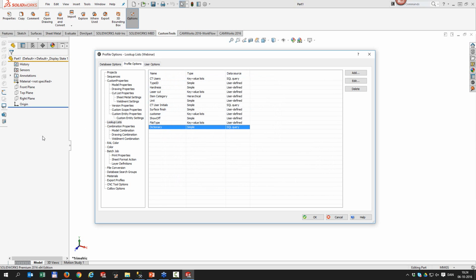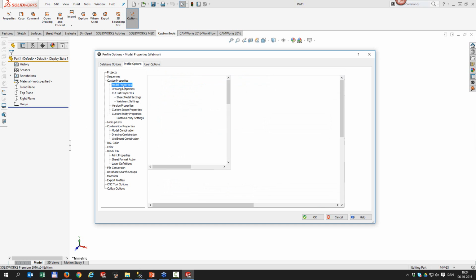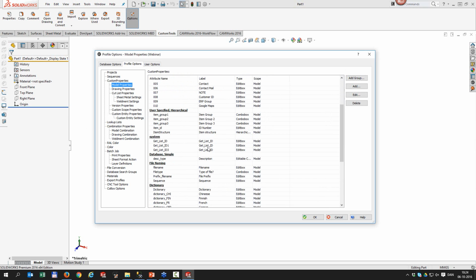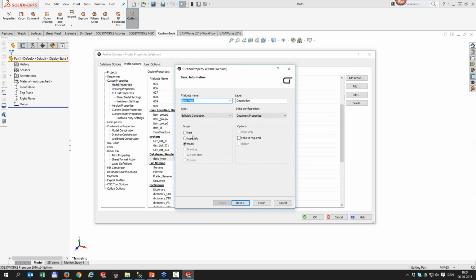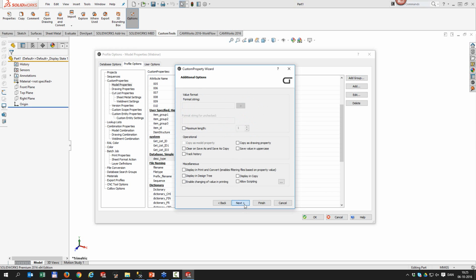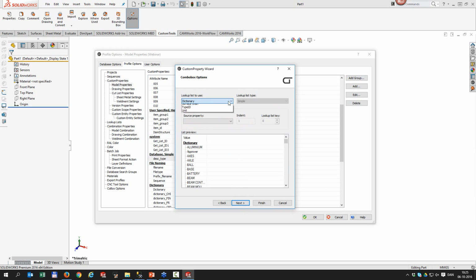To use this and insert it into the user interface, you need to go to Model Properties and add a combo box. At least if you want to be able to type in as well, it should be an editable combo box, but combo box is the least. And then you go next, next, next, and then you just select the lookup list that you would like to use, in this case my dictionary, and everything is taken care of from that point on. So really simple way of